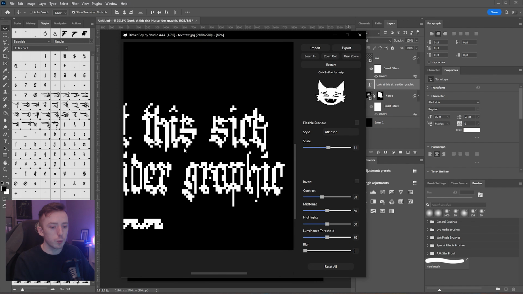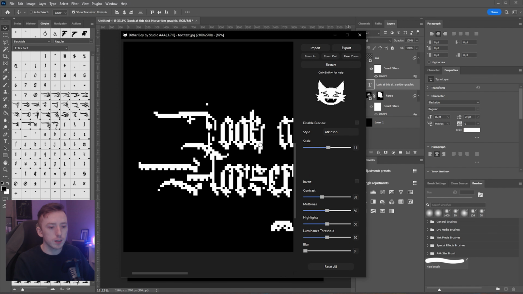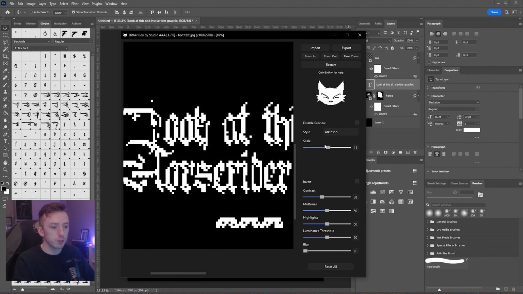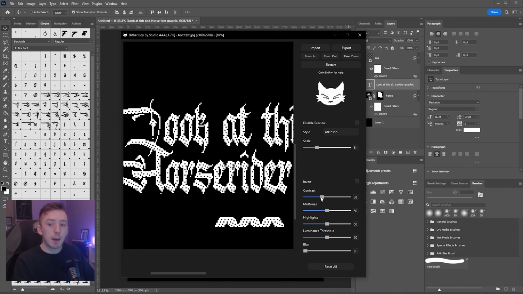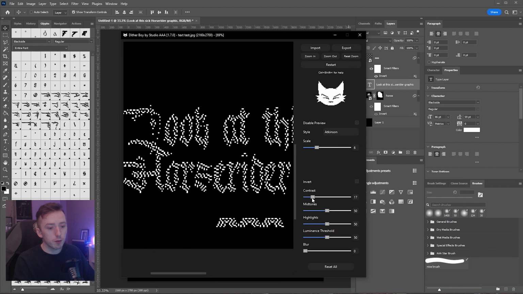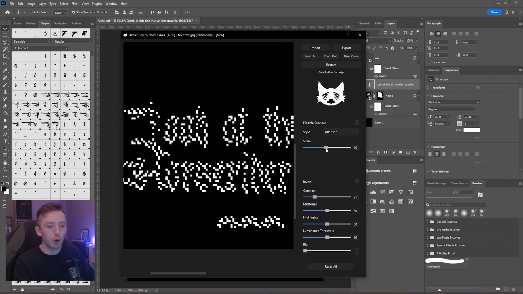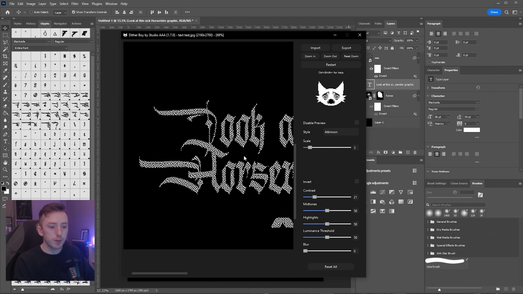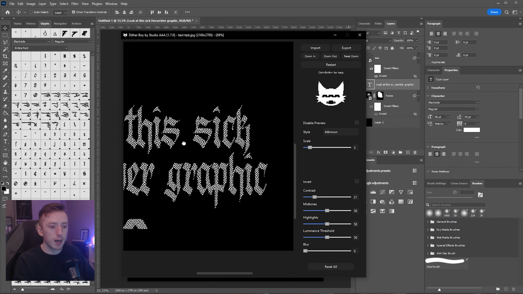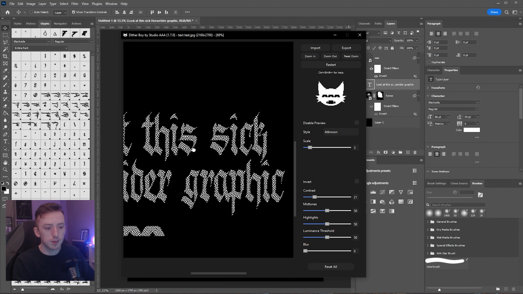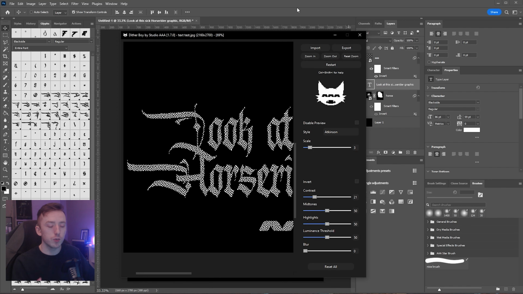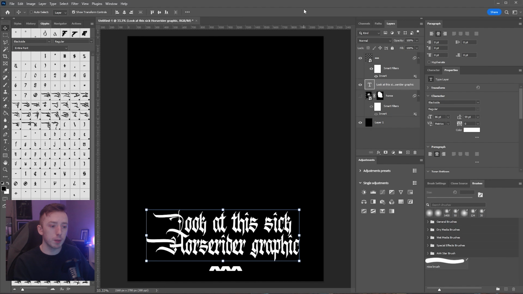And if you want it to be a little bit unreadable and retro and stuff, you can obviously up the scale, but this might be a little bit flat for your liking. Obviously you can continue to lower the contrast to sort of reduce the density of the letters here, but if this is a little bit boring and flat, you can see how the dither is the same all the way through this text. So what you can do is go back into Photoshop, click on your text layer, press Control